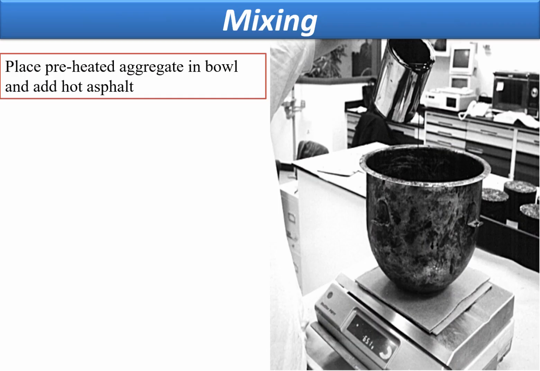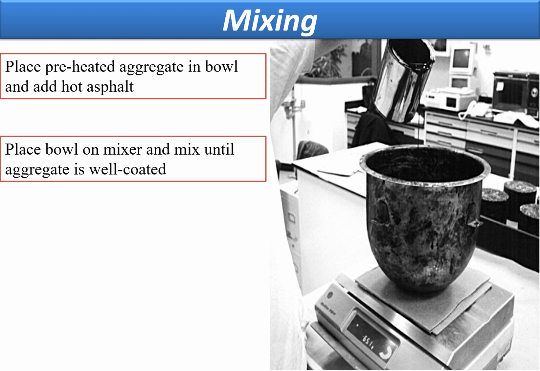For doing the mixing, you need to have a bituminous mixture. The preheated aggregates are being placed in the bowl, and hot asphalt is being added. Now the bowl is mixed using a mixture until the aggregates are well coated with the asphalt which is being poured on the hot aggregates. So this mixing process will ensure that the bituminous material is uniformly mixed with the combination of aggregates, which is